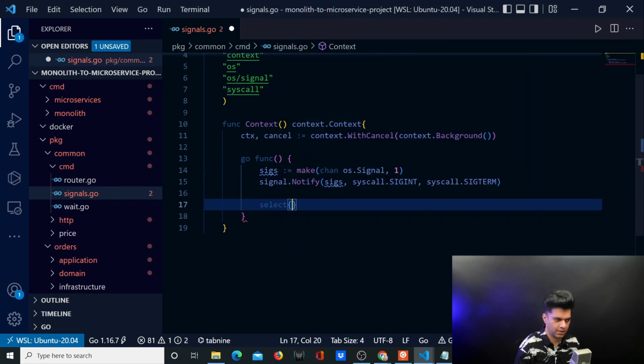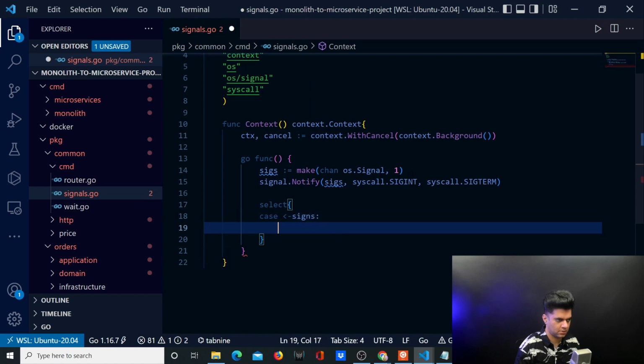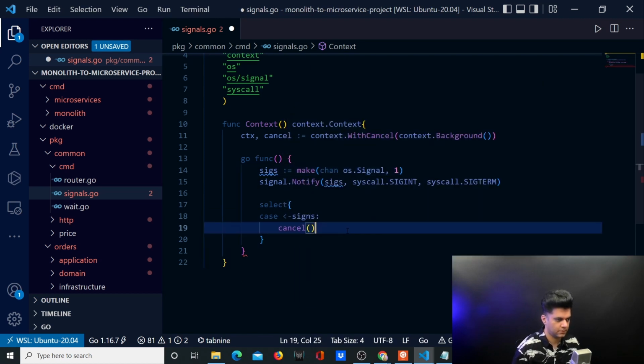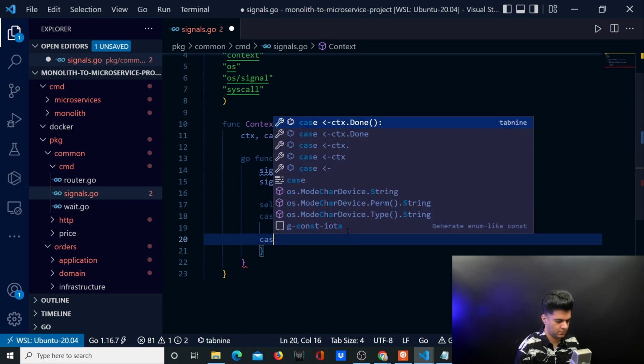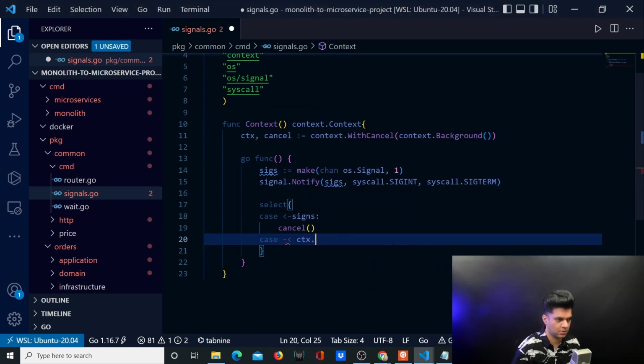Then we'll say select, case SIGs, cancel, case context dot